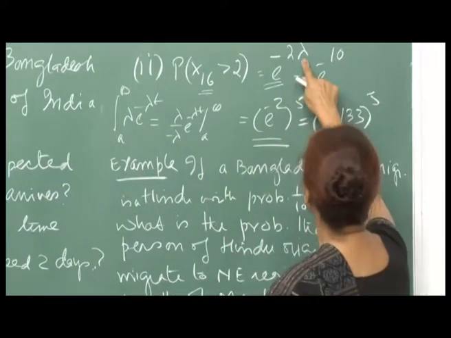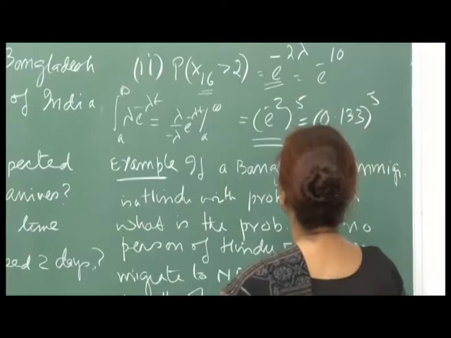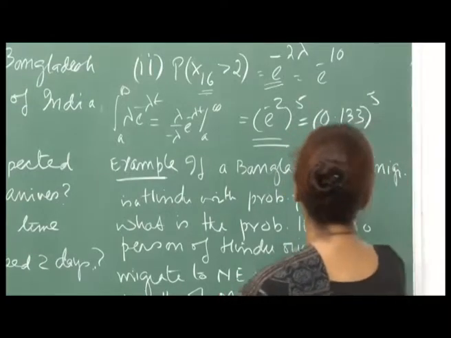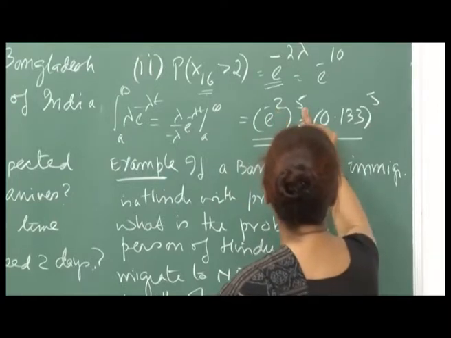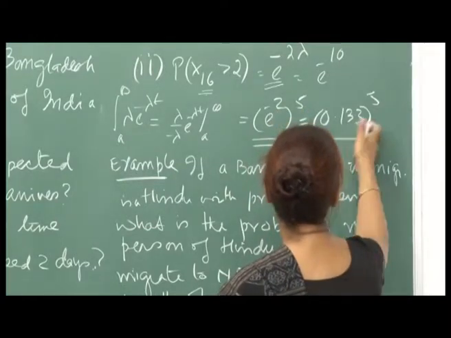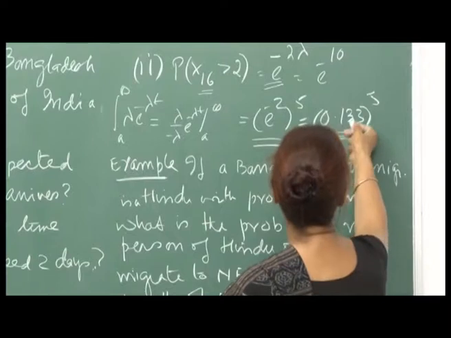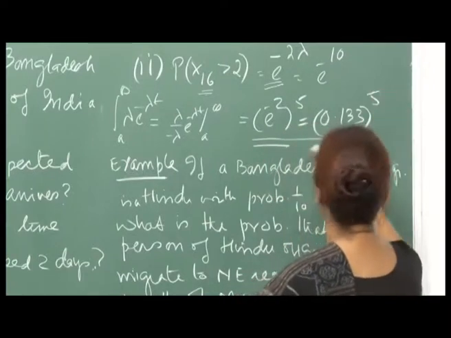So, probability X16 greater than 2 will be e raised to minus 2 lambda, and because lambda is 5, this is e raised to minus 10. I have just computed the value here, because you can write this as (e raised to minus 2) raised to 5, and I knew the value of e raised to minus 2 is 0.133. So, we just raise it to 5. Anyway,